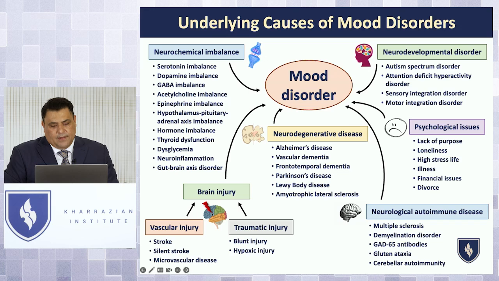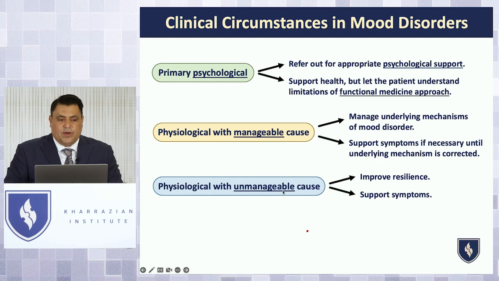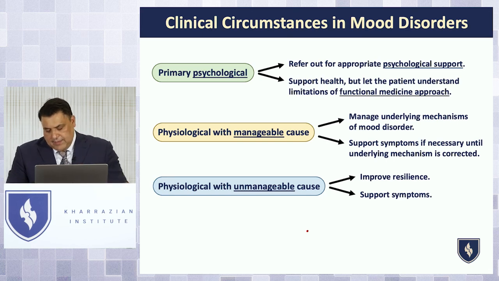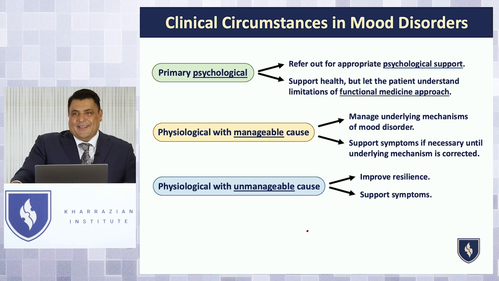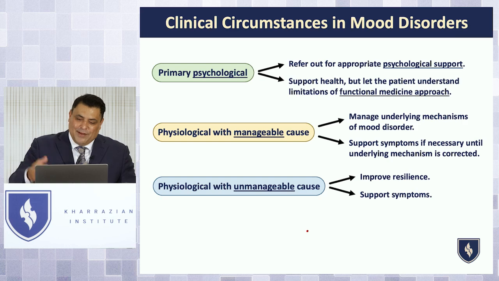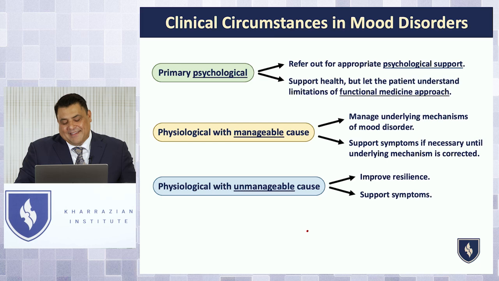And the other key thing we talked about in this course is really knowing when a situation is primarily psychological, that really needs to be supported through different venues, whether they need to be referred out or not, or whether they're primarily psychological, but you really want to support their health physiology. Now, the only thing I can tell you about that is it's how you feel. Sometimes you just get a bad feel working with some patient. Their way they act, the way they blame. It's not uncommon for many patients with mood disorders to blame everyone for everything. If you see in their history they're blaming everyone for everything, you're going to get blamed for everything. Okay, and that's another red flag.